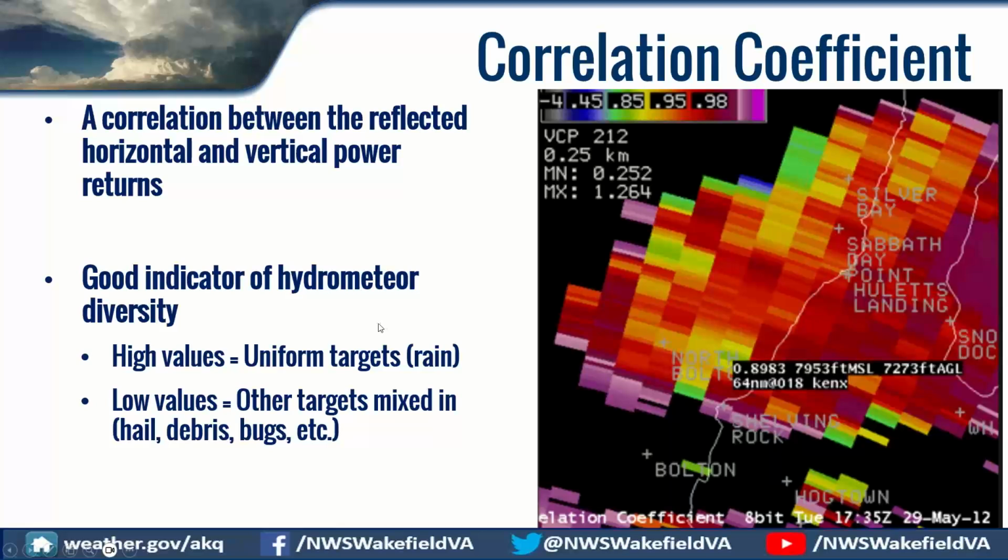Now, if you look at the correlation coefficient, this is one of our derived products from the radar that is available for interrogation as you look at the full breadth of our products on the radar. It's the correlation between the reflected horizontal and vertical power returns. So basically, it's a good indicator of hydrometeor diversity. And what that means is everything. We'll take the example of a box. Take a box in the atmosphere and push that up to where our storms are. If you look within the contents of that box and everything were to be raindrops, you'd